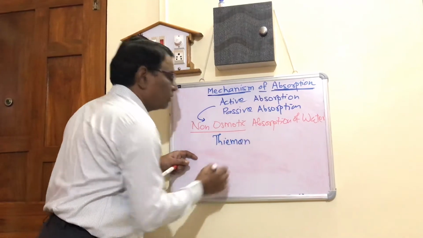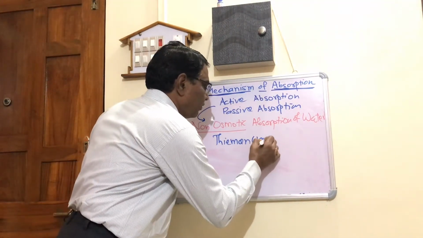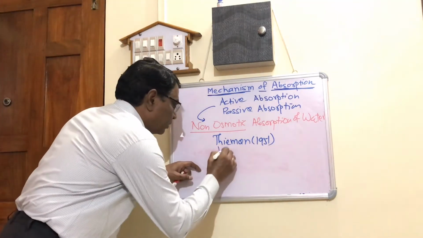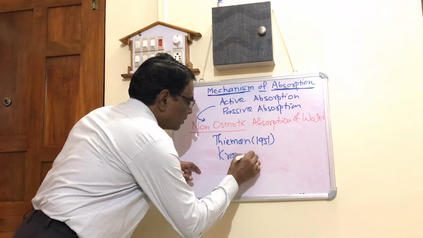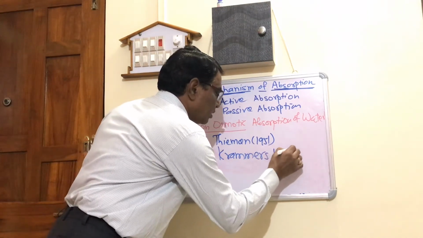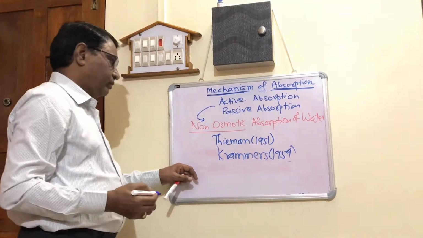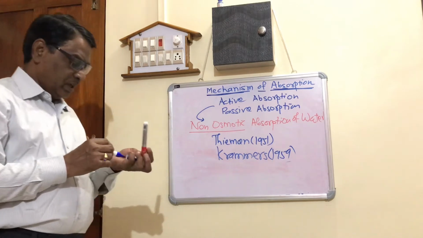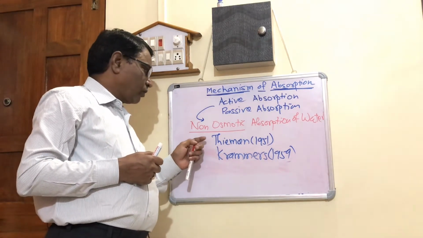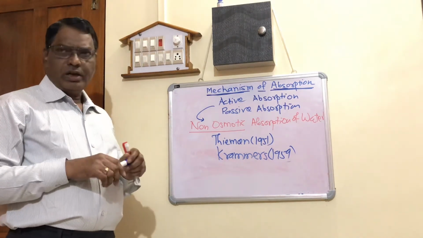One is Thyman in 1951 and the second one is Kramers in 1959. These two plant physiologists are of the opinion that the absorption of water is due to a non-osmotic way, and therefore